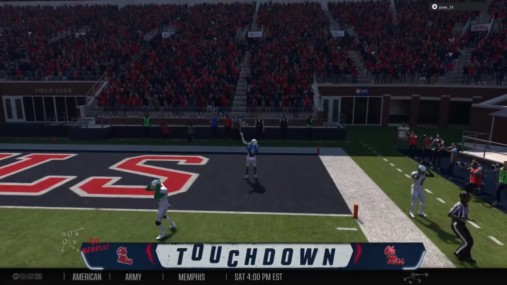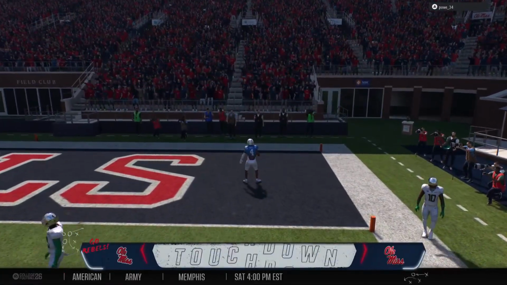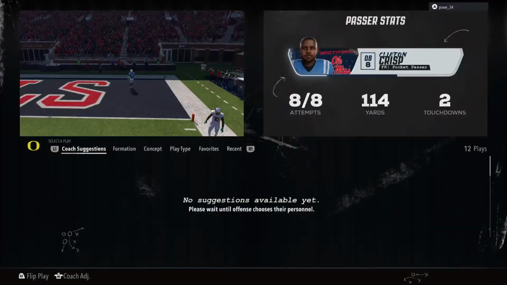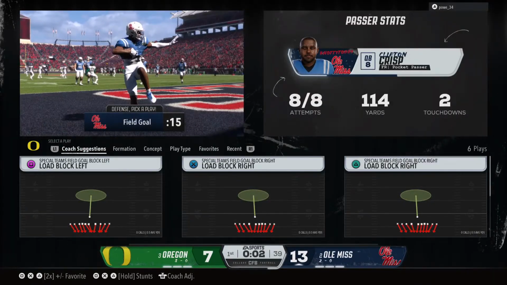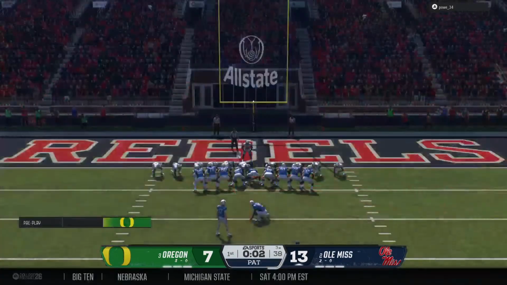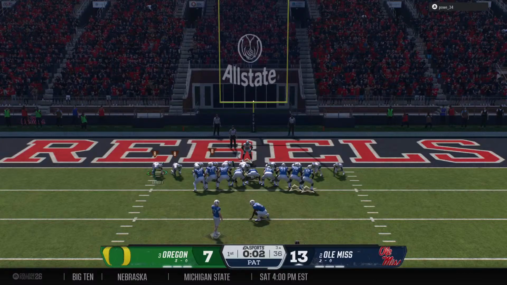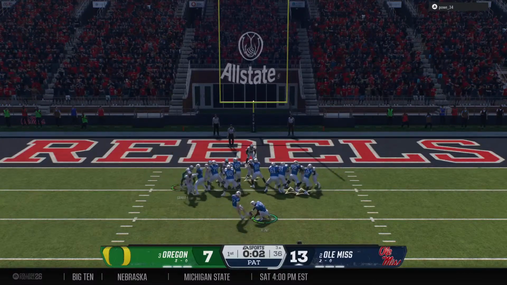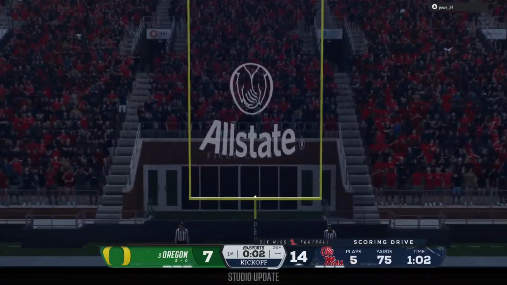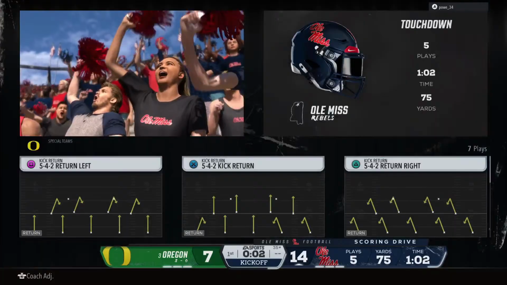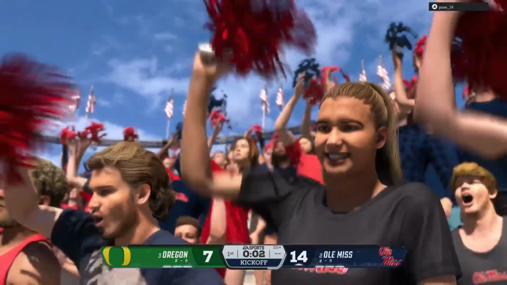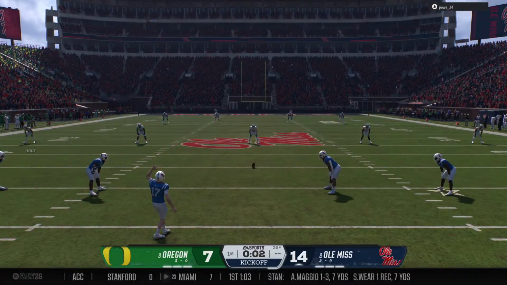Touchdown, Rebels. No chance to catch him there. That's the kind of execution that's built on the practice field. Very precise pitch and catch for a touchdown. Yeah, when we were out at practice, one thing that really stood out to me about this receiver was his ability to separate with his route running. You can see that right there on game day and how that shows up for a touchdown.